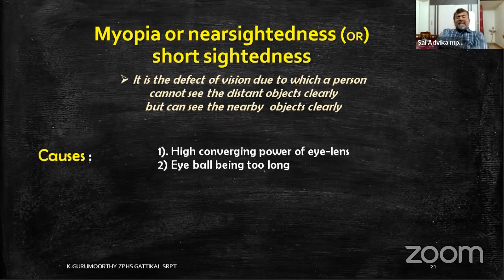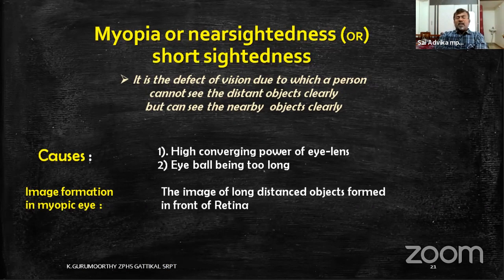See, as I told you earlier, these three defects come under refractive vision defects. So the reason may be high converging power of the eye lens. If the eye lens converges with very high power, this myopia occurs. And the second one is the eyeball being elongated, being too long. In these cases, the converging power of the eye lens is very high and the eyeball is too long,